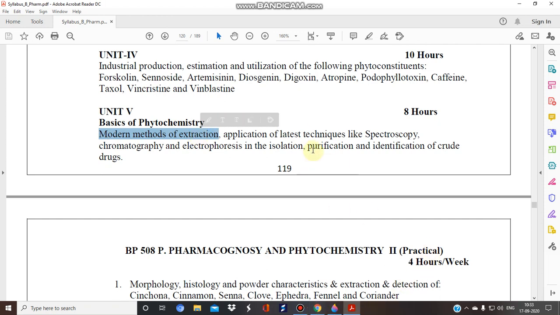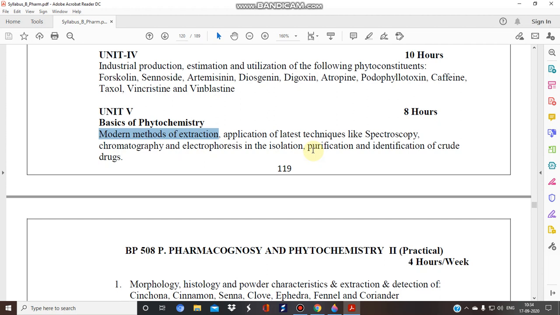So far we have covered the different types of chromatography and spectroscopic techniques and their applications in detail. In chromatography we have covered right from paper chromatography to TLC, HPTLC, HPLC, gas chromatography, and of course column chromatography. And in spectroscopy we have covered UV, IR, NMR, and mass. And we know chromatography is a purification, identification and isolation technique, and spectroscopic analysis is used for structural elucidation of a particular compound.